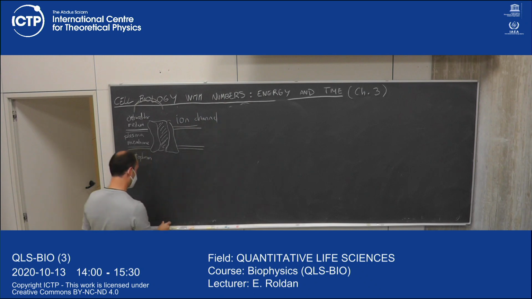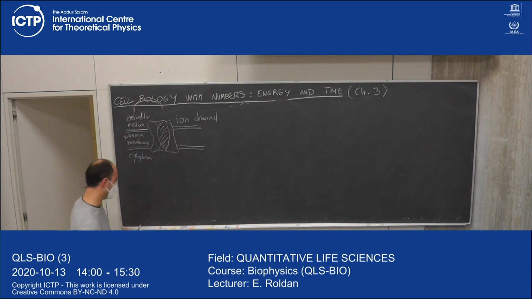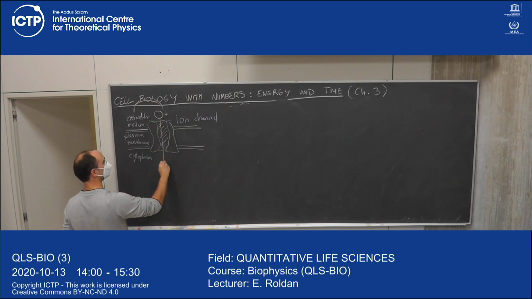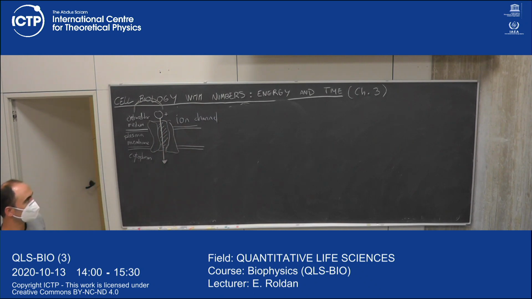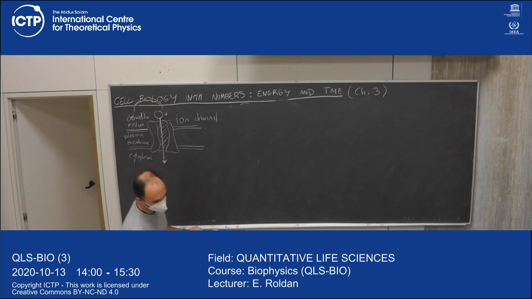You can think about it like a gate that opens and closes during time. And this gate lets ions, which are electrical charges, pass through it. For example, you can have a positive ion coming like this. And the only mechanism of this channel is opening and closing due to thermal fluctuations. So the channel can be open and closed, and this happens randomly. I will give a very detailed lecture about these channels, but the main thing you should remember is what happens